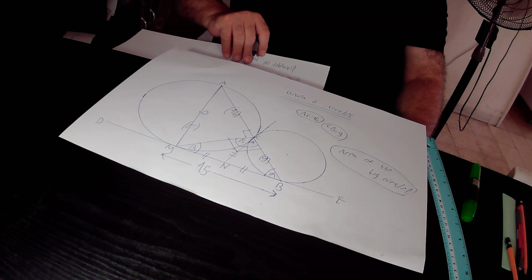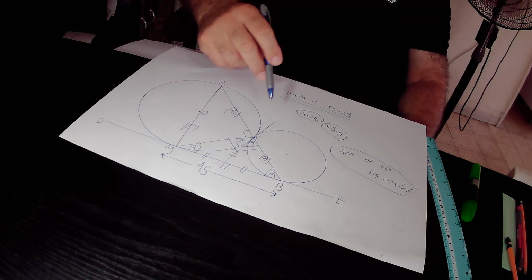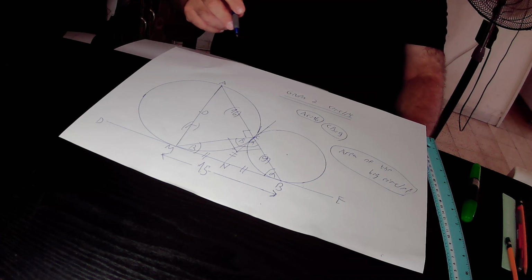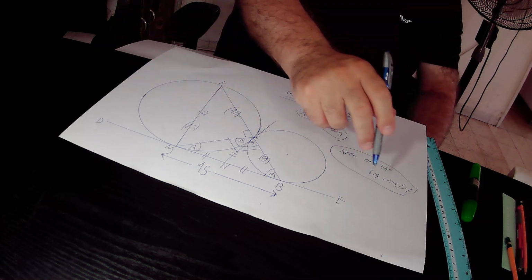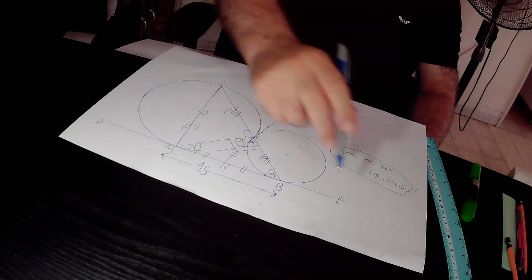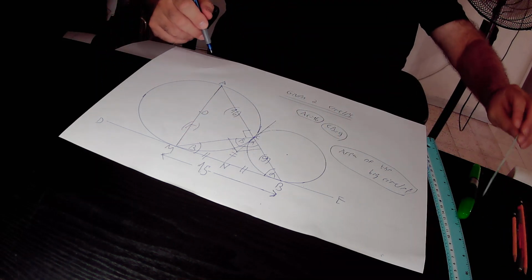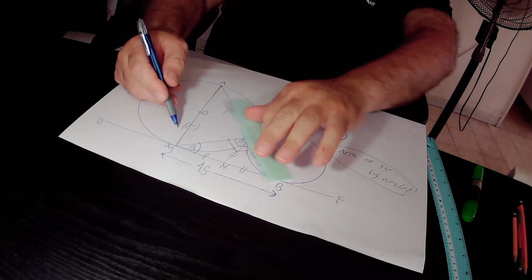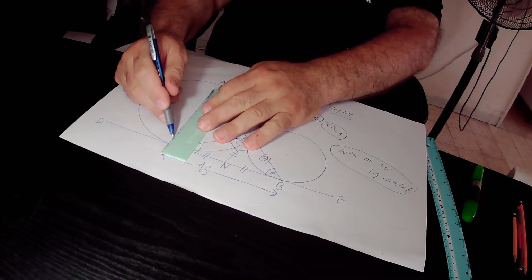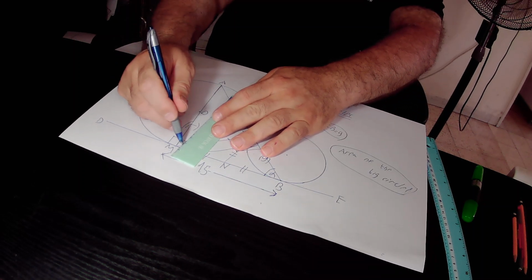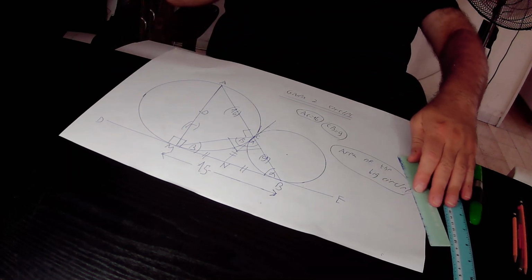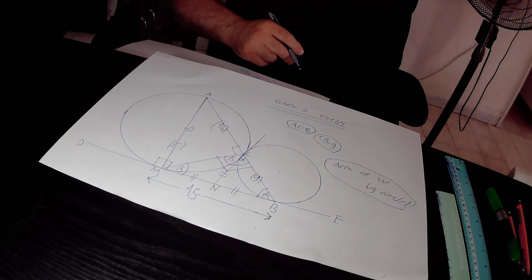And because the radius OM of this big circle is drawn to point M, that is the point of tangency of tangent DE with this circle, and whenever a radius is drawn to the point of tangency, the tangent DE is perpendicular to the radius MO. If DE is perpendicular to MO, it means that this angle equals 90 degrees. And this angle also equals 90 degrees according to rule 1. So, in the next step,